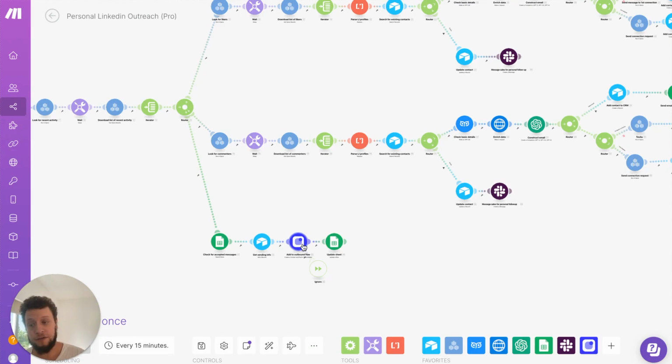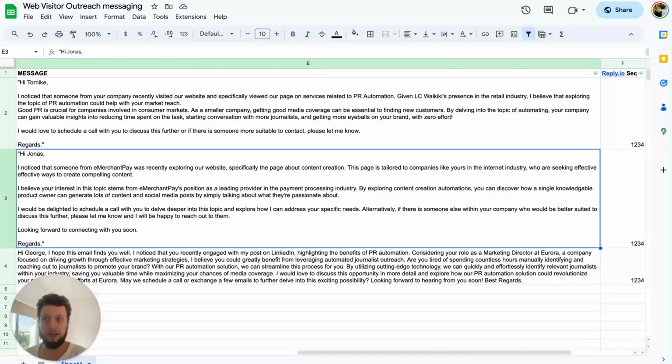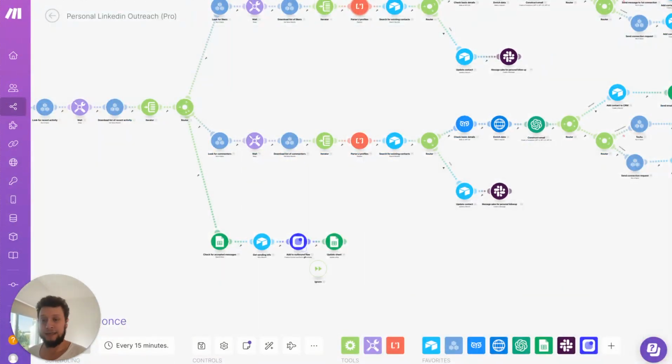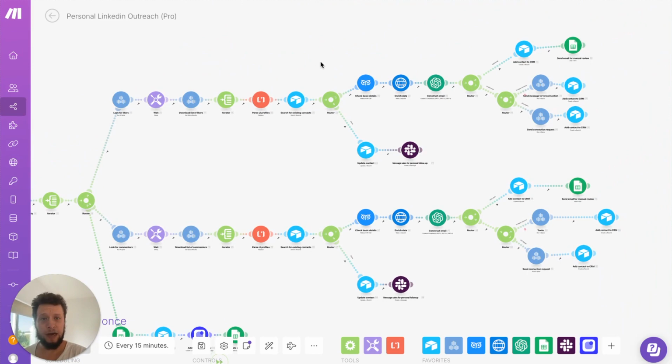Now, in terms of the email campaign you might want to run, this is entirely up to you. I would recommend the first email as just the message that the AI writes to say, basically, there was a LinkedIn message I wrote, you interacted with it based on the company you work for. I think it might be because of this. But I would love to learn more. You can follow it up 3 days later with another message asking for a meeting, and then follow it up 3 days after that with a LinkedIn message. It's entirely up to you. But essentially, this is how it works.